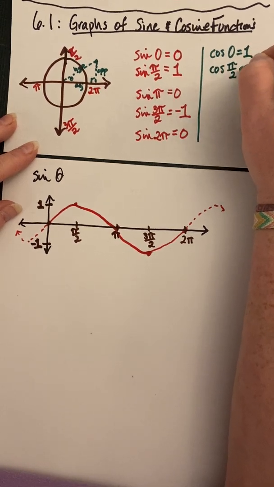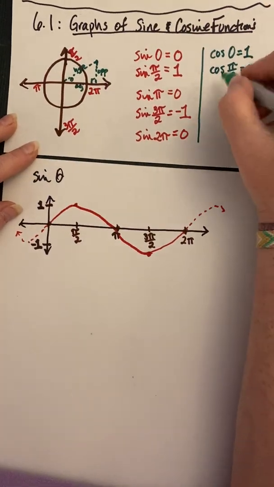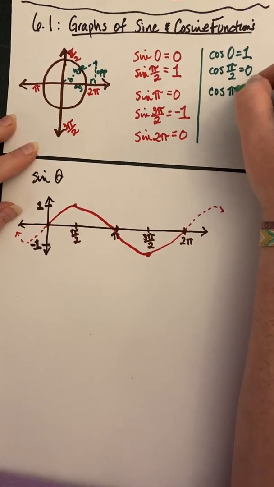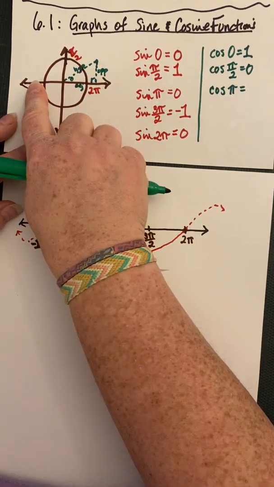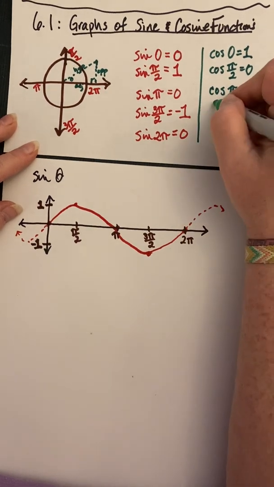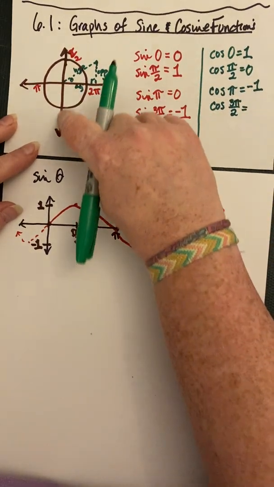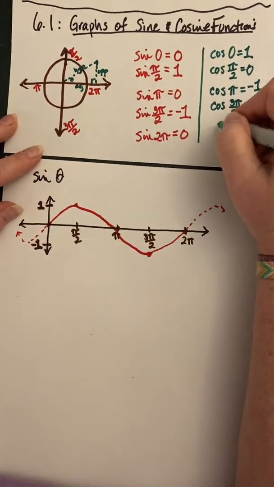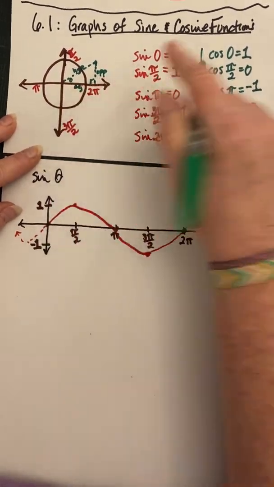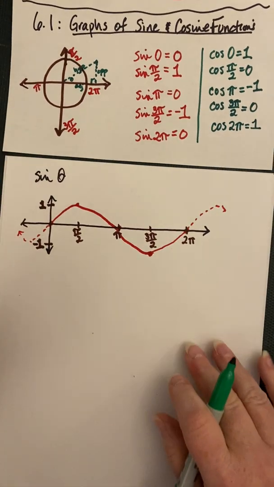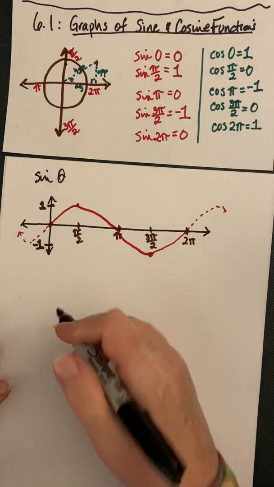Cosine of pi over 2. So up here, my x value is 0. Cosine at pi, my x value is -1. Cosine of 3 pi over 2, that's down here, my x value is 0. And cosine of 2 pi, back over here, my x value is 1 again. Okay, so watch when I graph this. Okay, so when I graph this guy,